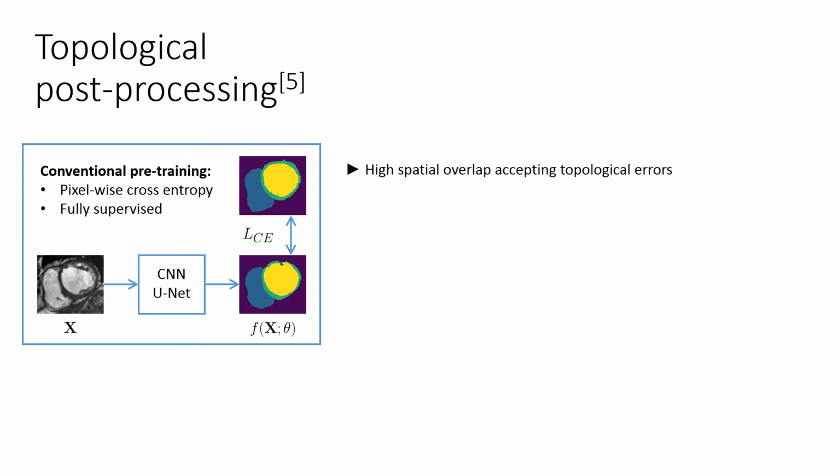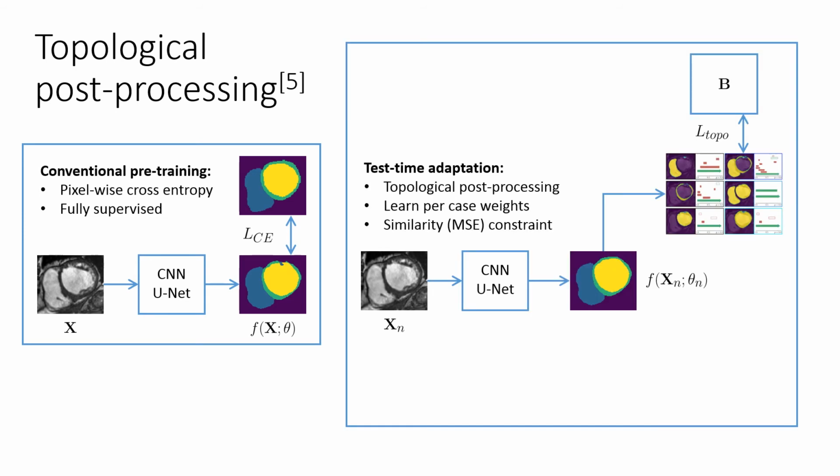In this scenario, we assume that conventional pixel-wise CNN optimization achieves a result which closely matches the ground truth with respect to spatial overlap, but that there may be a number of relatively small topological errors. Given the success of CNN-based approaches to short-axis segmentation, we think this assumption is fair. To correct topological errors, we use the topological loss to adapt the parameters of the pre-trained CNN. Please note that we do this individually for each test case, so in some ways the procedure could be described